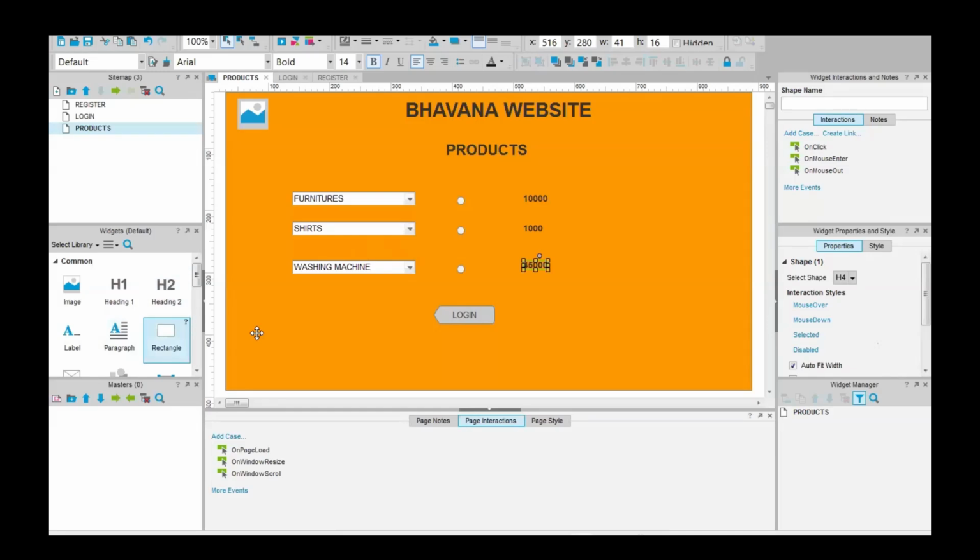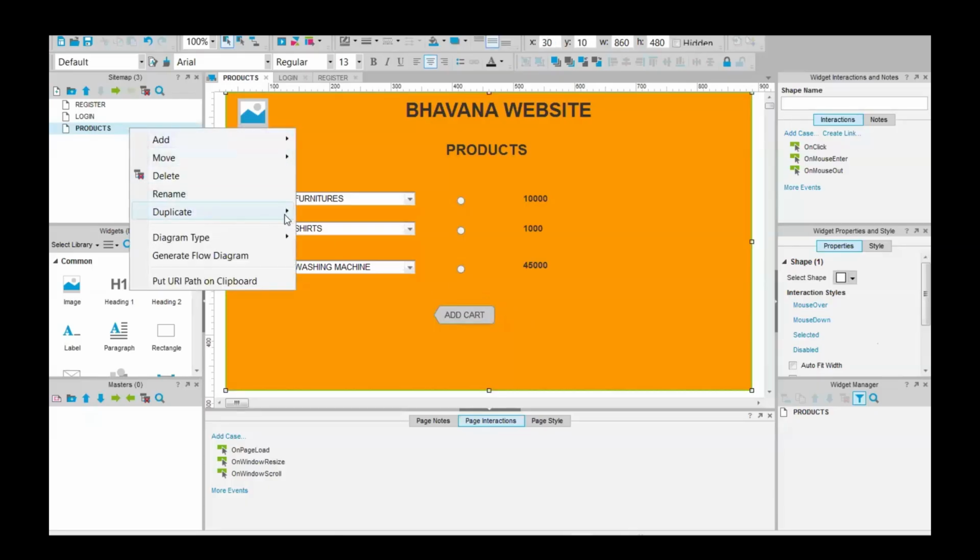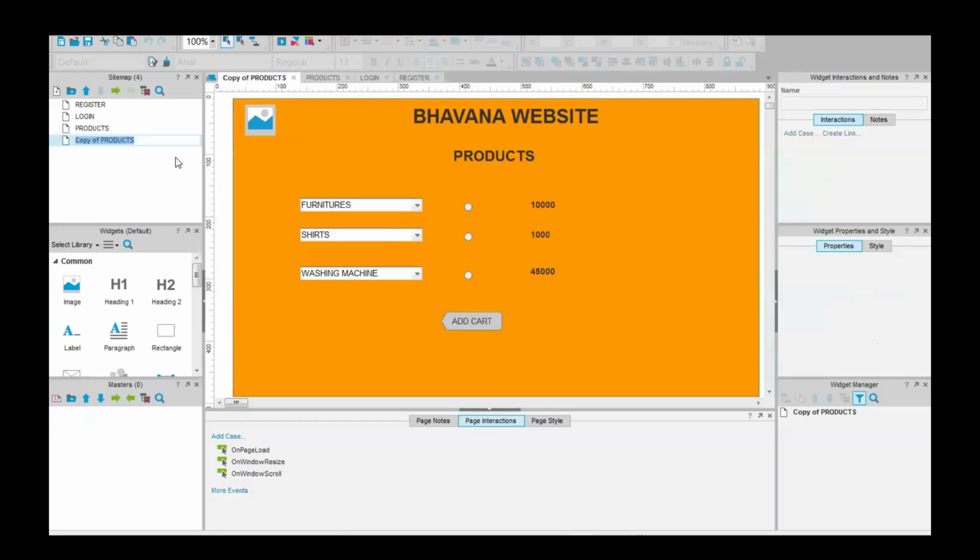So if he chooses furniture, he will choose what kind of furniture he wants. In the same way, he will select what kind of products he needs, and he will click on add to cart. So this one I am duplicating. This is going to be